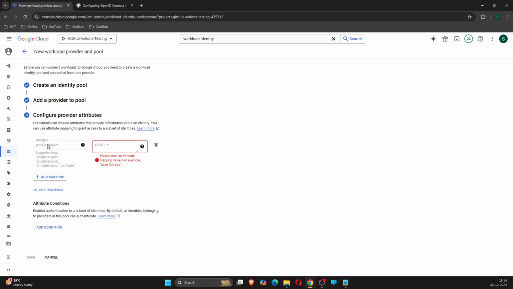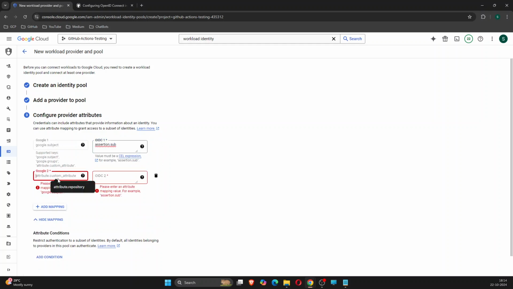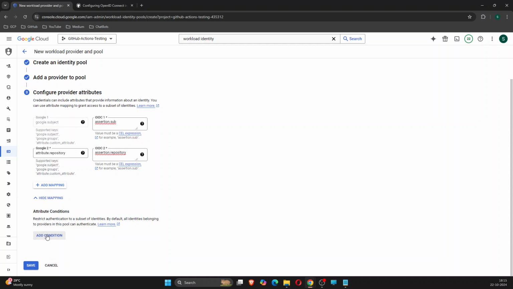And under the attributes, for the subject attribute, I will be giving assertion.sub, and I will be adding another mapping, attribute.repository, and its relevant OIDC claim will be assertion.repository. So these are the basic two attributes. You can add as many mappings as you want, but these are the most basic attributes. And I will be adding a condition as well. I will be adding a simple condition, that is assertion.repository equal to